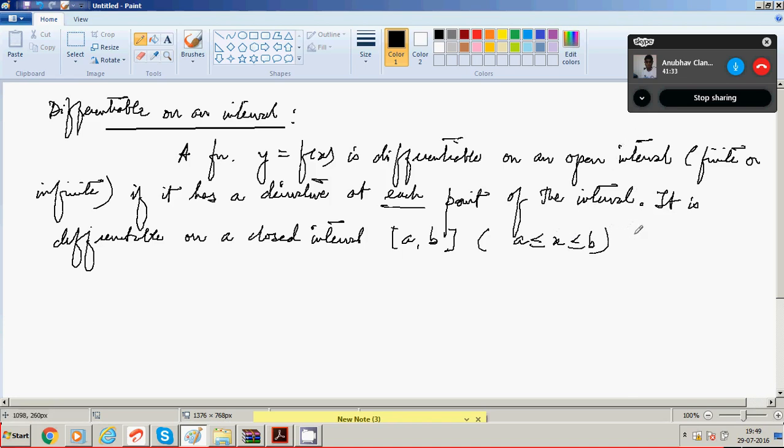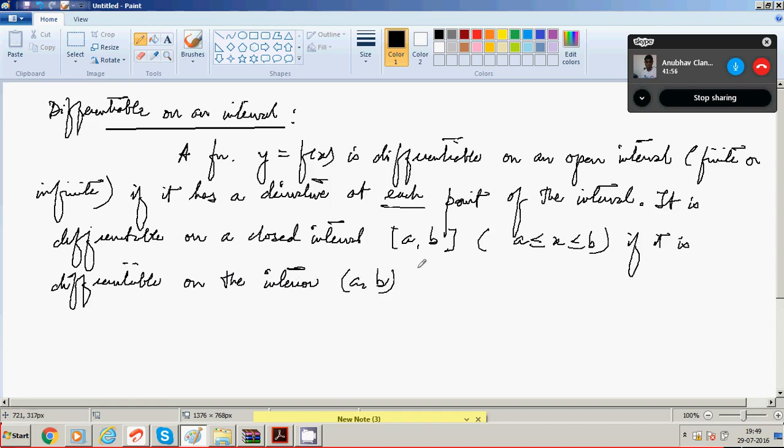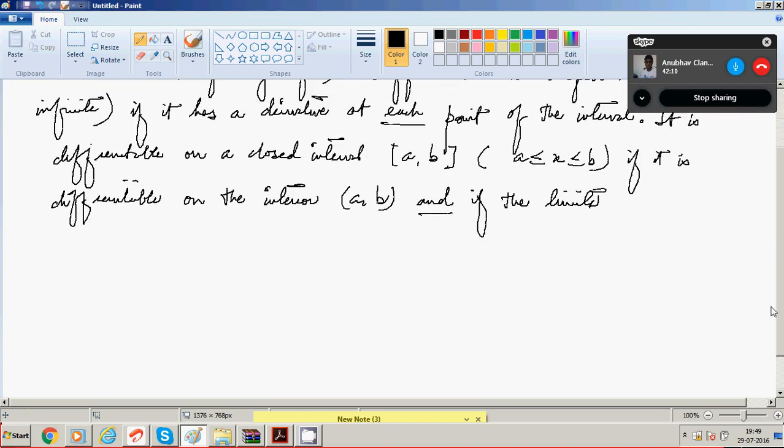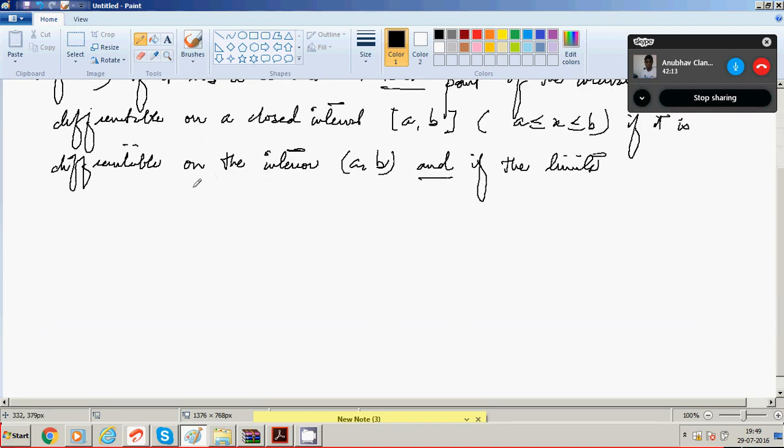If it is differentiable on the interior, that is the open interval (a, b), and if the limits, and means these conditions also have to be satisfied,